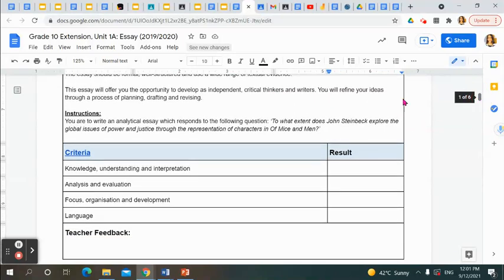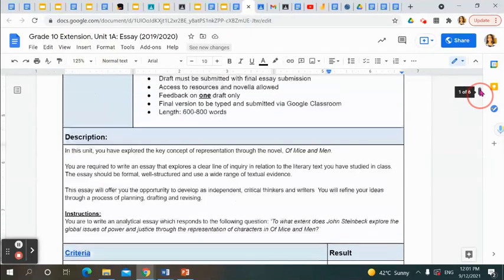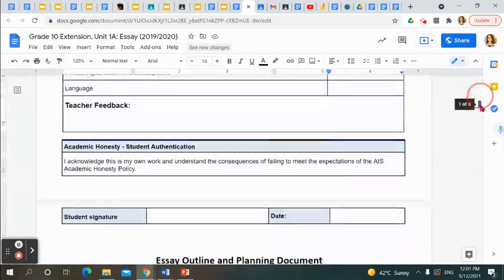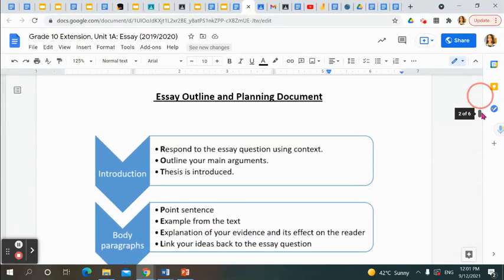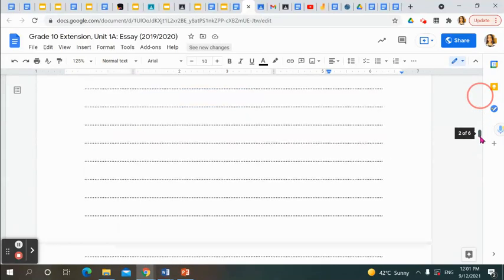So you are to write an analytical essay which responds to the following question. To what extent does John Steinbeck explore the global issues of power and justice through the representation of characters in Of Mice and Men? So this is your task. I'm going to do another video explaining the criteria, okay? You can see that you have a planning document here as well, and I'll just